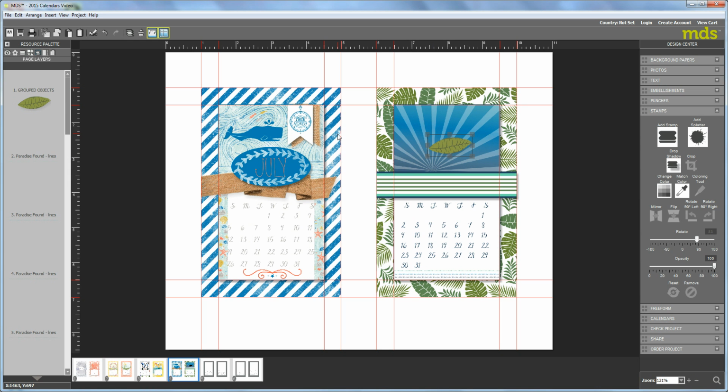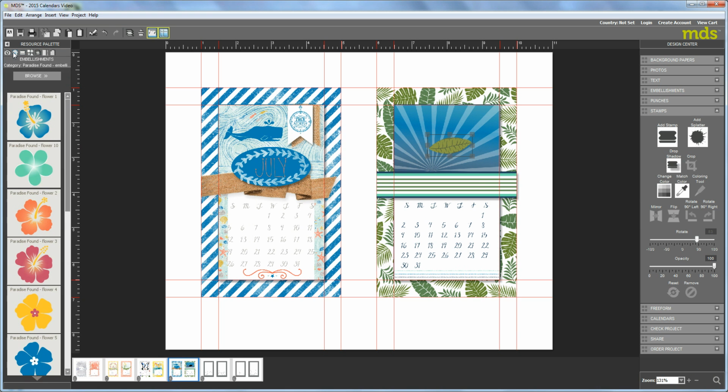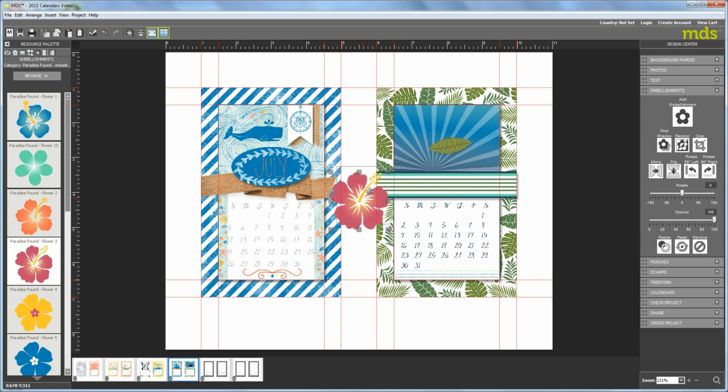Okay, the other tricky part of this was the, let's go to our embellishments. I'm afraid I'm going to run out of time, but I brought over this flower here, and you can see again that it is see-through. And so after adding